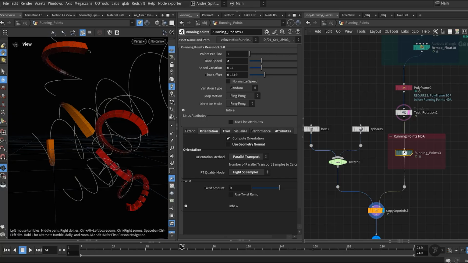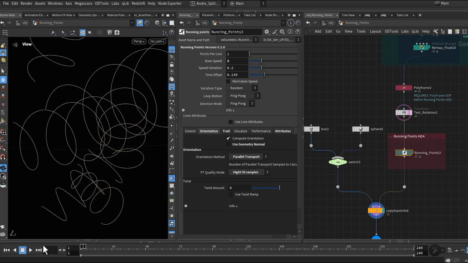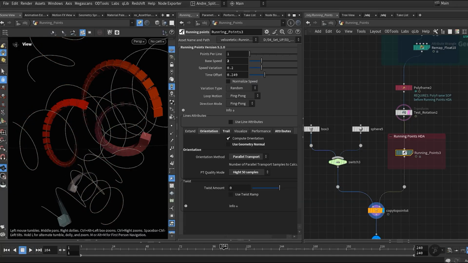Orientation. In this section, you decide whether the points should align with the orientation of the curve. When it's enabled, each point will rotate to follow the curve's direction. These options calculate orientation vectors for points.